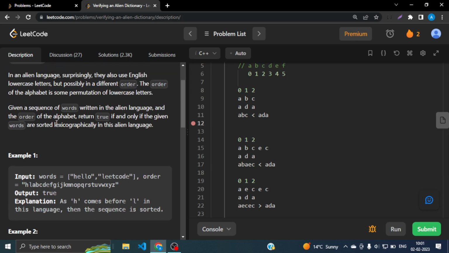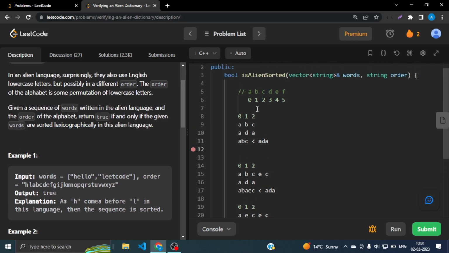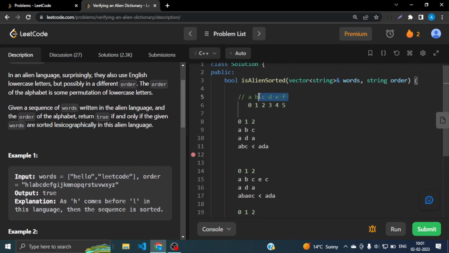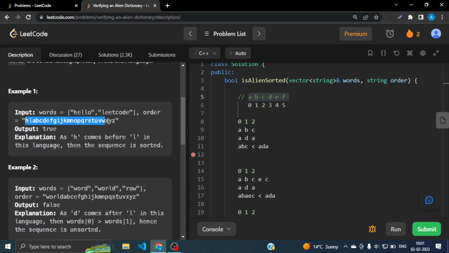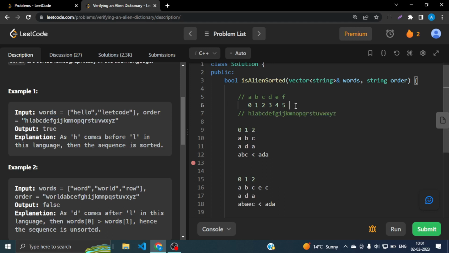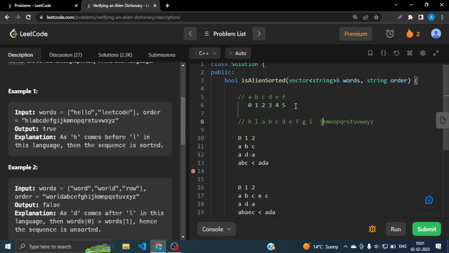So you have to tell whether it is sorted lexicographically or not. Just that here we don't have this ABCDE. Instead of this ABCDE, we are given an ordering. This ordering is given here. They will give you the order of which alphabet is smaller and which alphabet is greater. This is the only difference, and the rest of the things remain the same. We have to check whether it is lexicographically sorted or not. So in order to check that,